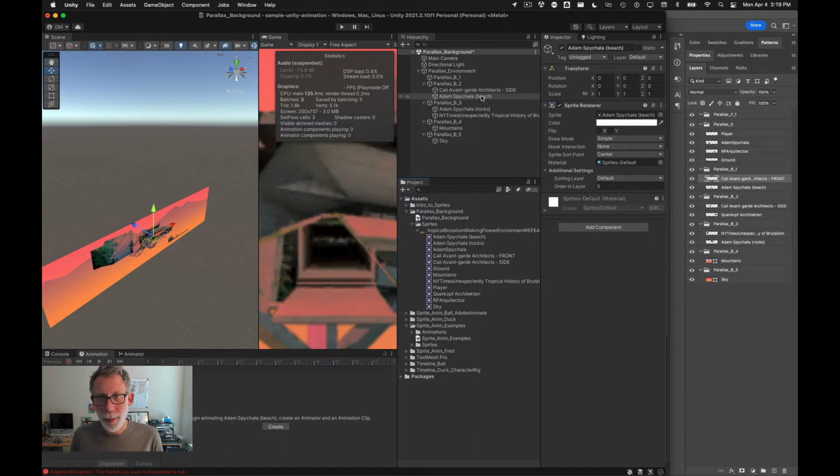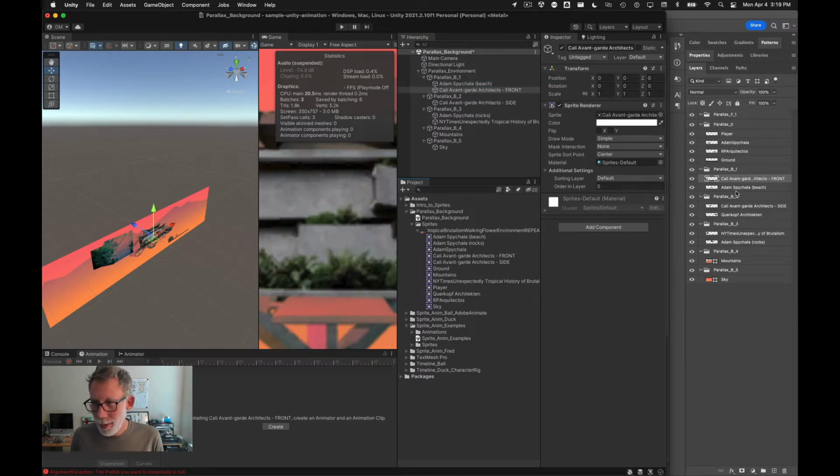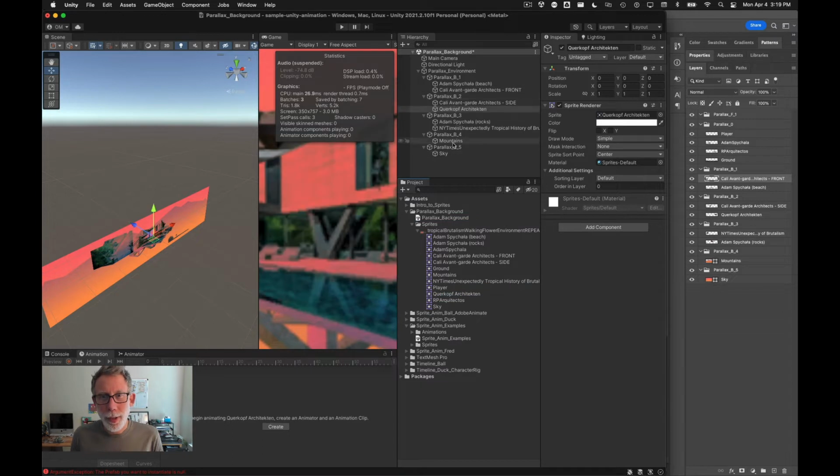Oh, I've already messed up. That goes in 1, and front goes in 1, while this one, where'd it go? Aha, goes in 2. Okay, 1, 2, 3, 4, 5, 6, 7, 8. Cool. Okay, so now we've got everything that should be parallax, and we'll move these things where they go, and